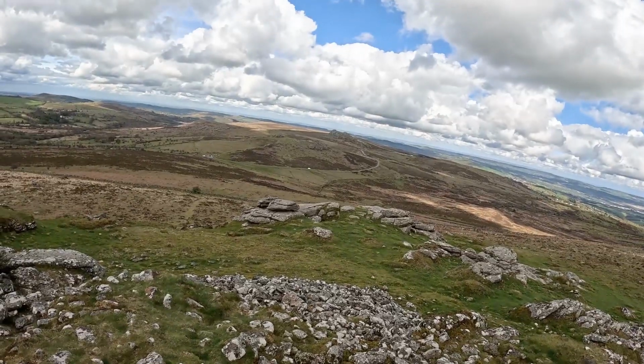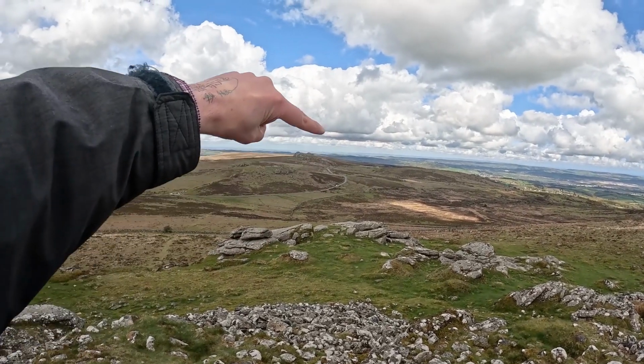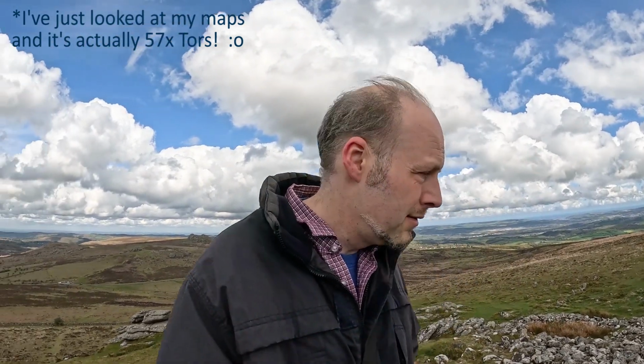I mean, this is the region where I wanted to, like around Ecco, which is there. There's this circuit you can do, which might be easier done in spring than in summer because of the ferns in summer, where you can pick up over 30 tors in a circuit that goes around there and then around here. I don't know if you'd be able to do it in a day. Maybe, if you're dedicated. But there's so many tors you could get here. It might be slightly too...